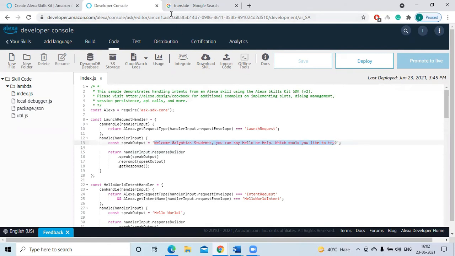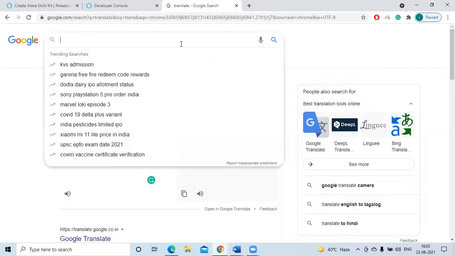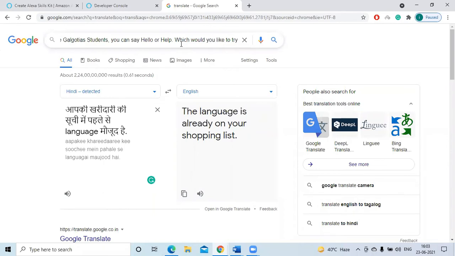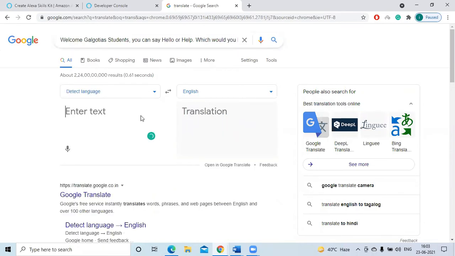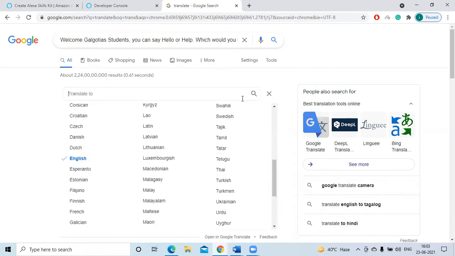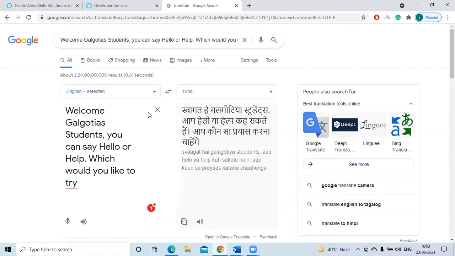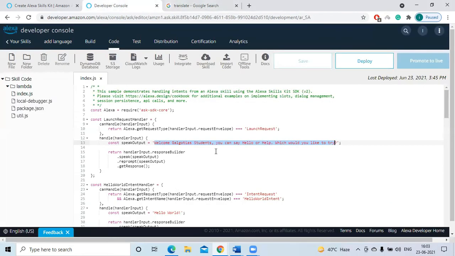See this? So I'm copying and pasting here. Save and deploy.